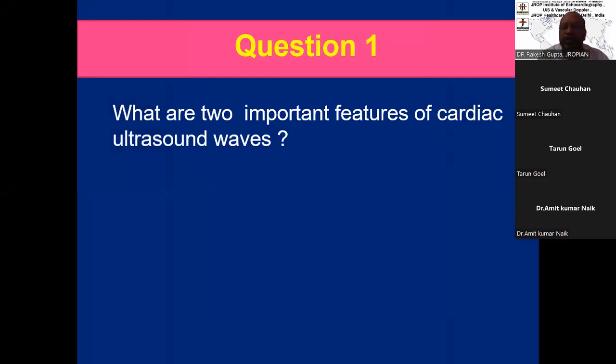First of all, the question goes to Dr. Sumit Chauhan. Tell me the important features of cardiac ultrasound waves, Sumit. Sir, frequency will be there; low frequency is used in adults, with good penetration and good Doppler effect, Doppler studies and